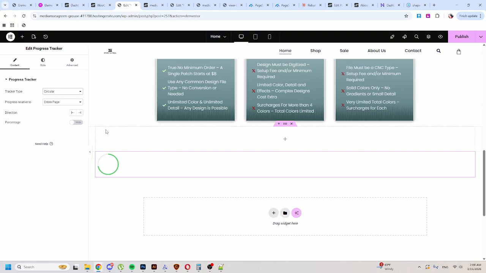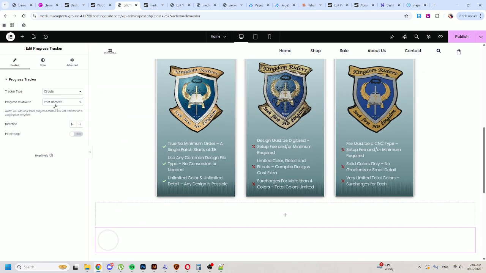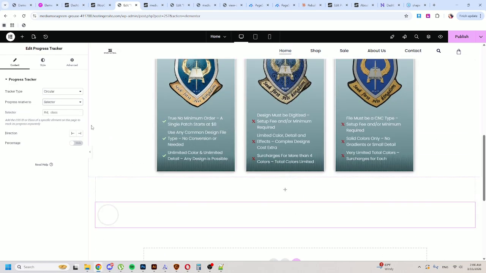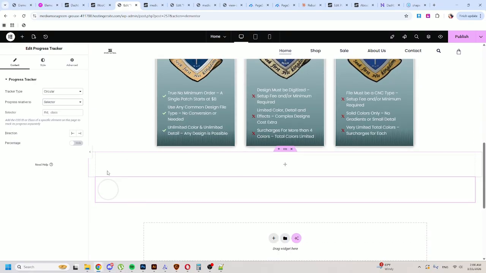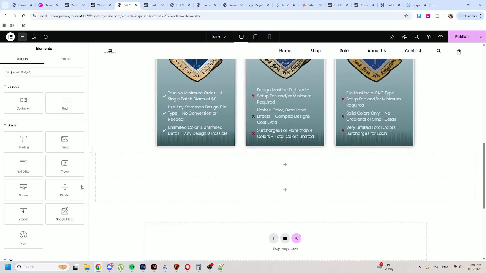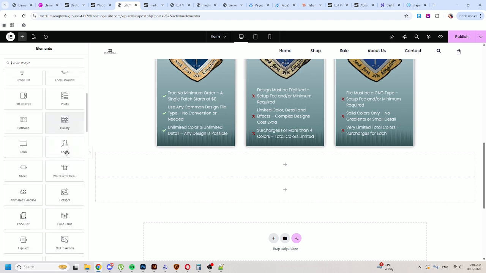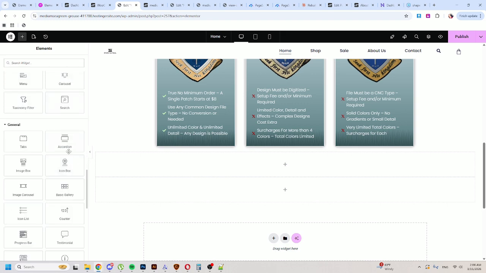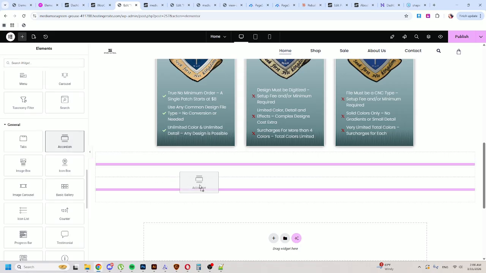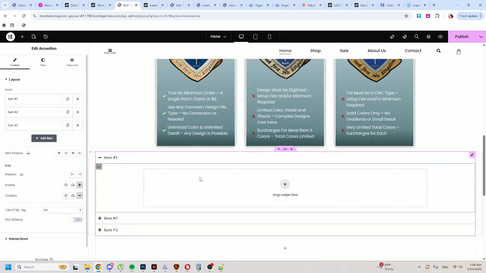Why? I'm not sure I understand the point of this. Maybe if there was a vertical one, I don't know why you'd want it horizontal. It's like, okay, cool. They have so much stuff, but they don't have tables. Crazy. Accordion. I wonder if this is that image thing that I was